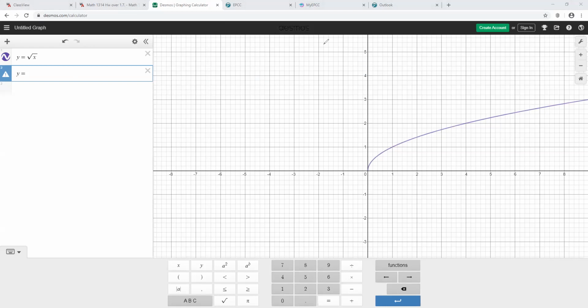So 1, 1, and 4, 2. So if we write down this point, 4, comma 2, x comma y,